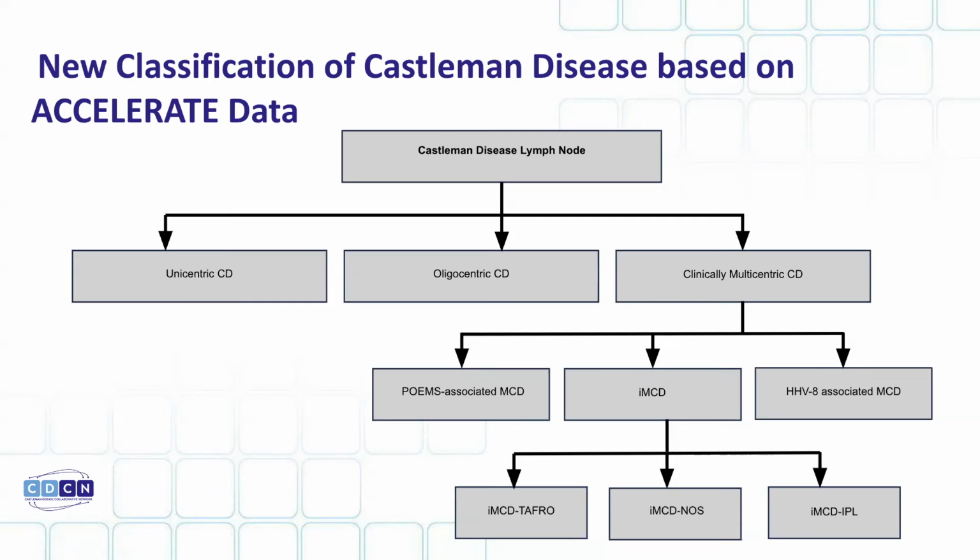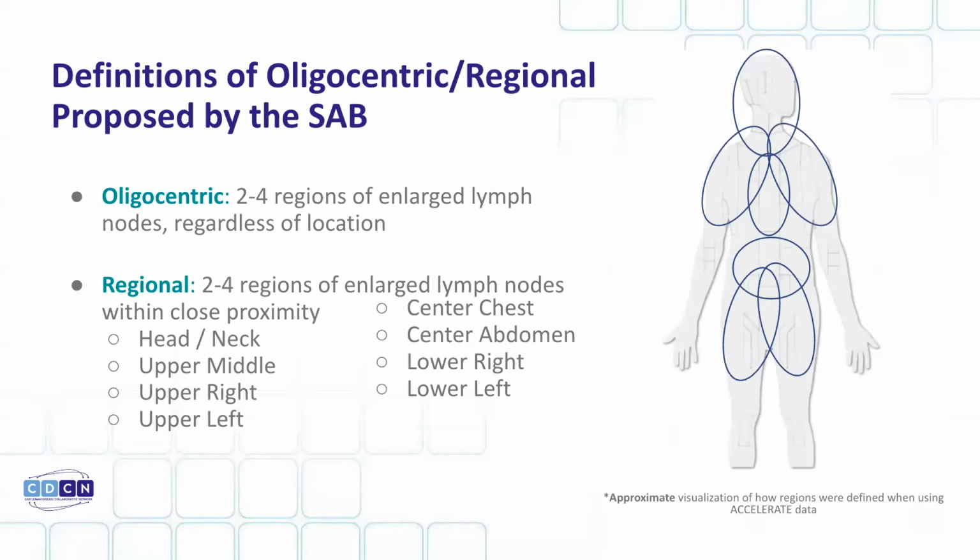A number of oligocentric patients might be even diagnosed by accident, like a unicentric patient might be. It's just that it happens to be in more than one lymph node region. And they don't meet all the diagnostic criteria about this body on fire from inflammation in terms of their symptoms and lab results. But they definitely have Castleman. It's definitely more than one spot. And so this is a paper that's supposed to define this and have this as the focus, this oligocentric, this thing in between unicentric, one spot, and multicentric, many spots.